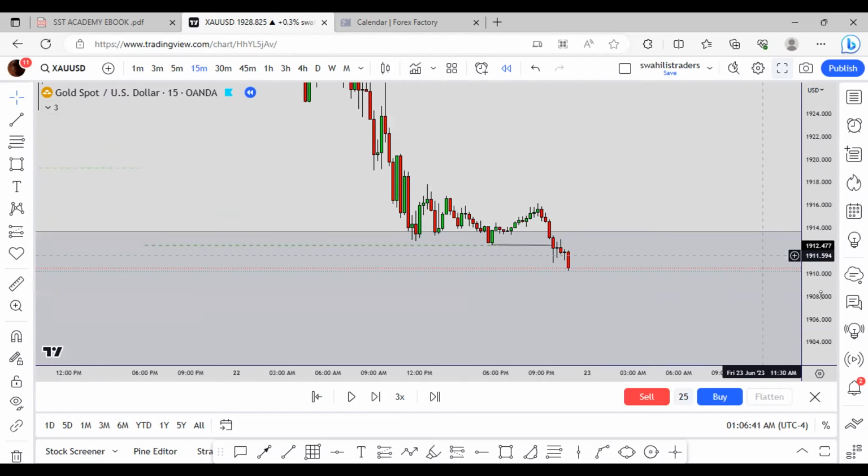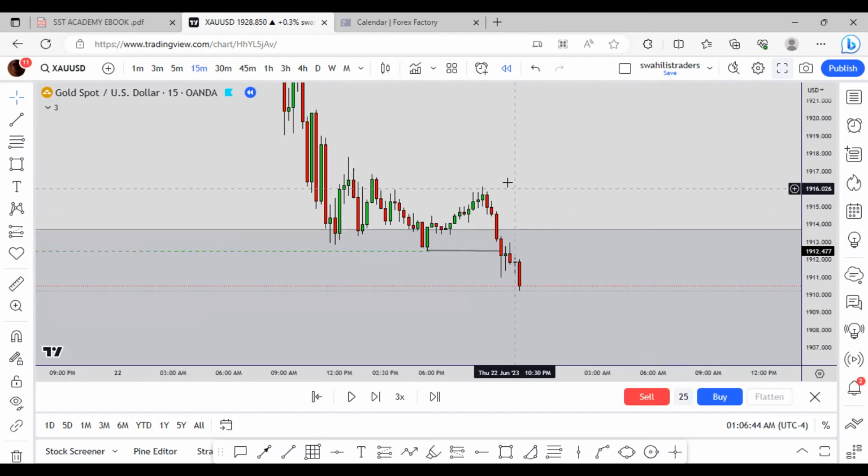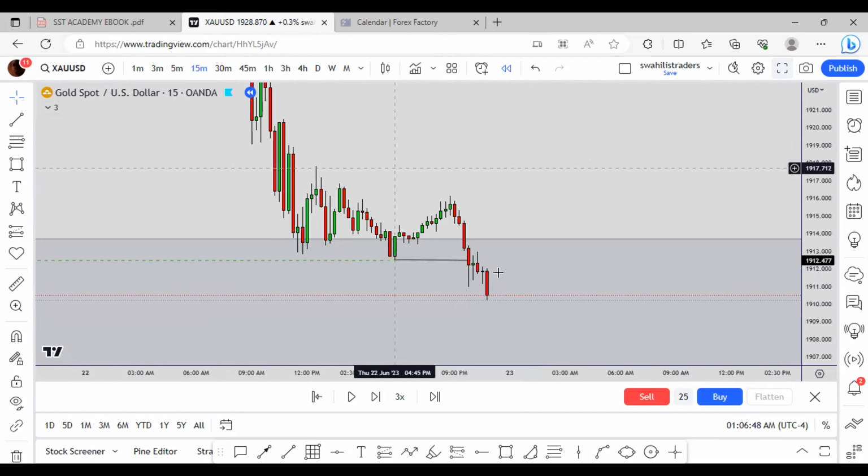Okay, this is where we are. So now what we are supposed to do is wait for the market to show us good opportunities for us to buy. Right now we see the market is bearish. The market is moving to the downside, and this movement took this previous day